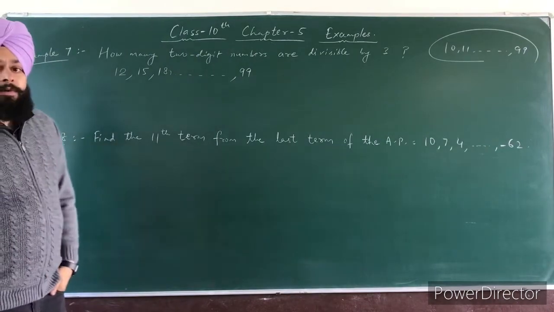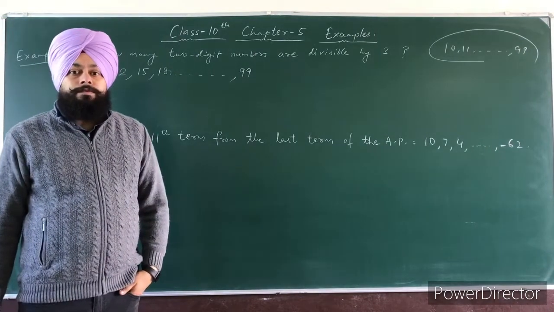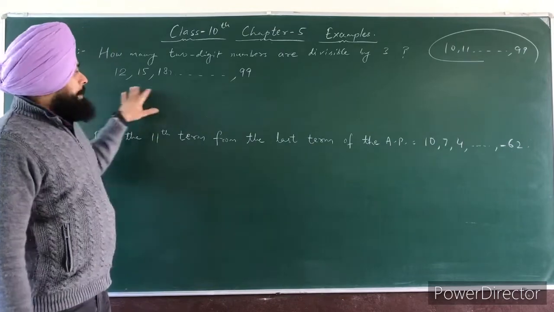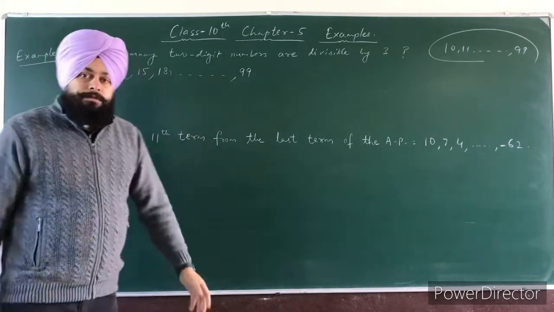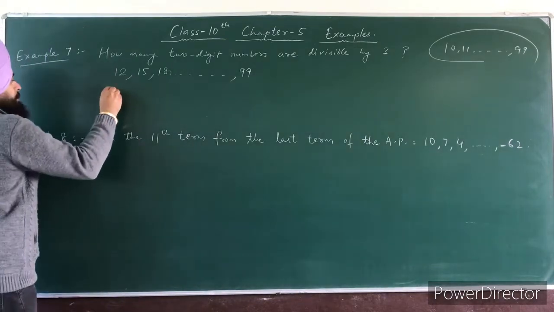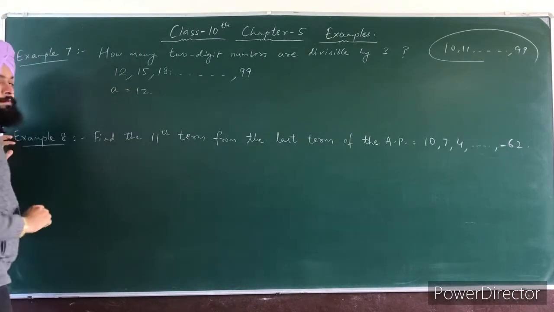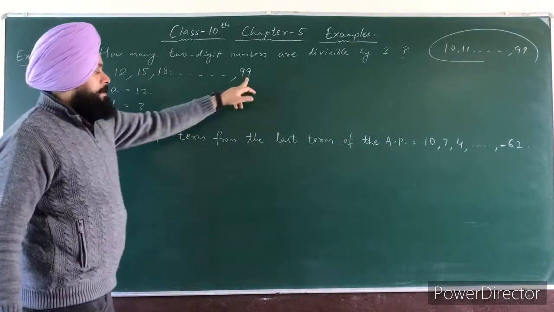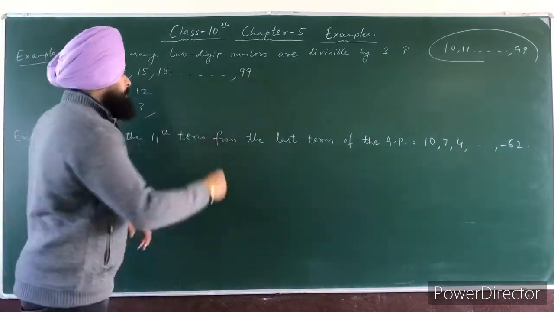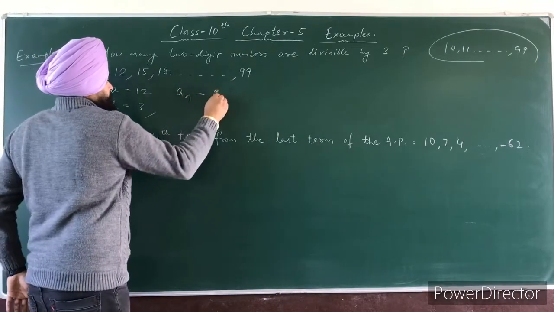So we will find the number of terms. मतलब हम find करेंगे यहाँ पे कितनी number of terms होंगी जो 3 से divisible होगी. ठीक है? So take in the series the first term as 12. Common difference is 3. And this is the last term. Last term is taken as an.